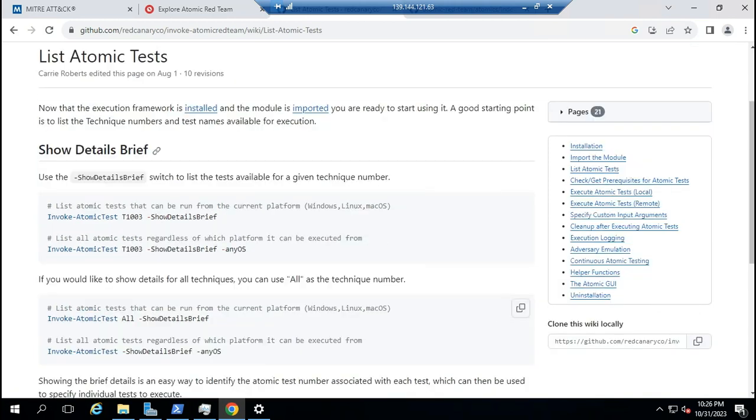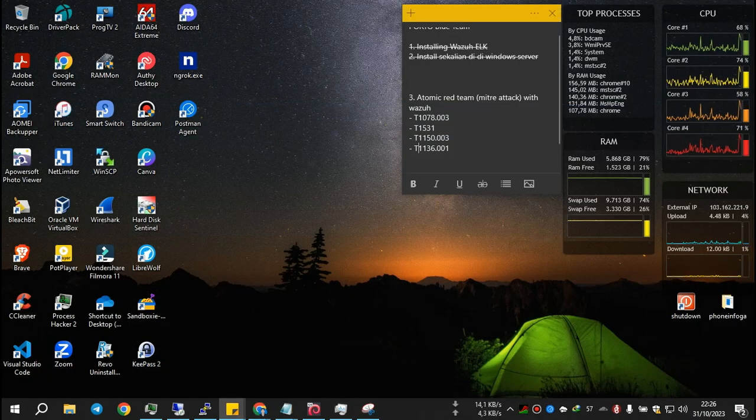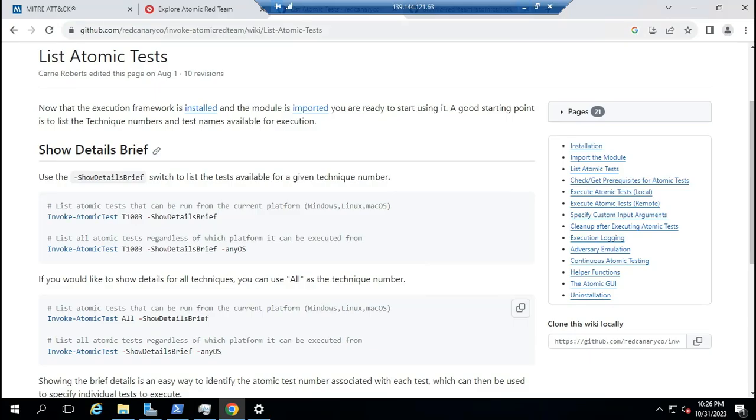So I will use this technique. Maybe I will use this T1136.001. Okay. What is this?